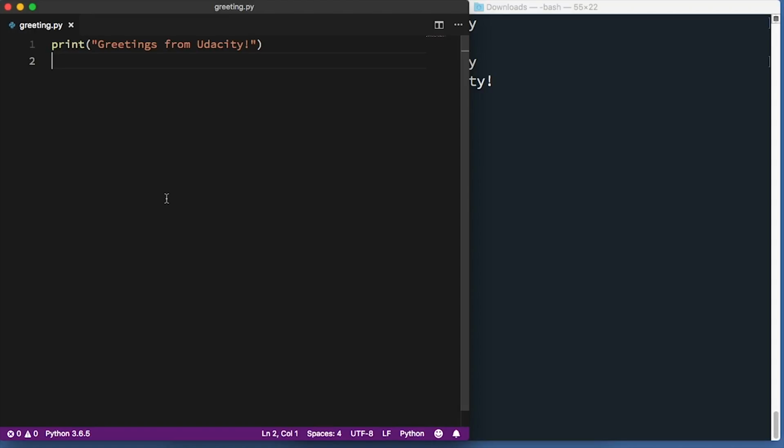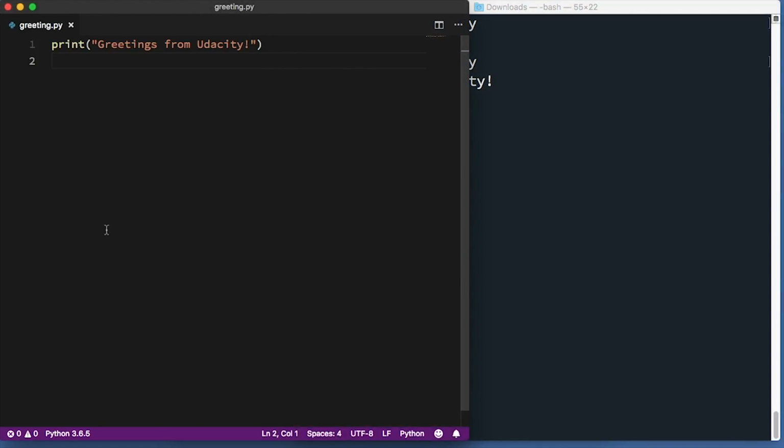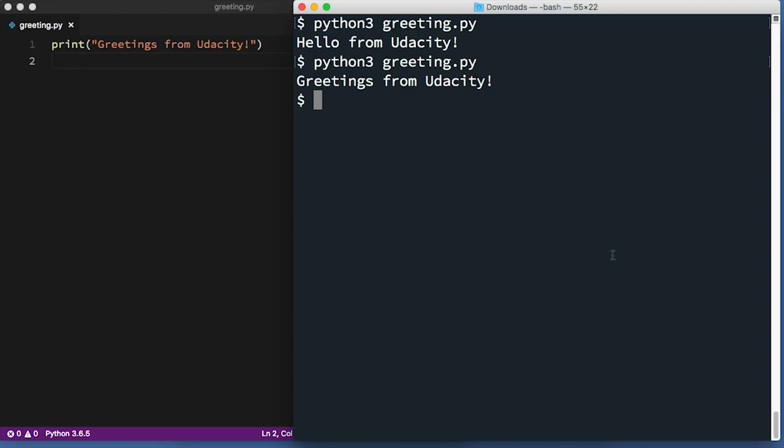So the overall setup is pretty similar to what we've done in the past. We have some place where we can edit the code and save it, and then another place where we can see the results. You might be using a different text editor, or you might discover other ways that you like to have your programming environment set up. But, like we said earlier in this course, the most important thing is making sure that you've got a way to try things out and get some immediate feedback to see whether those changes did what you expected them to.